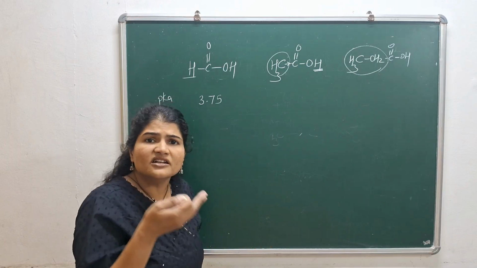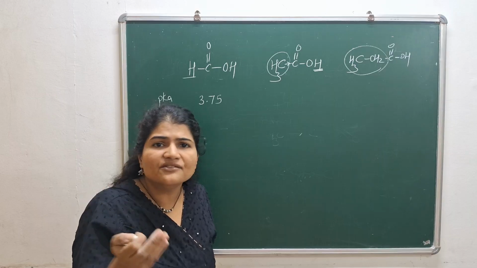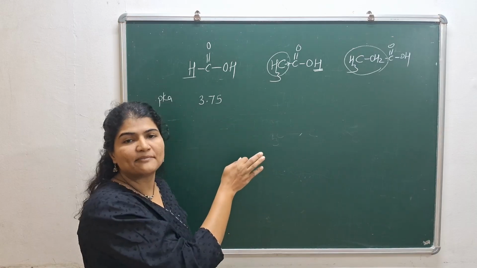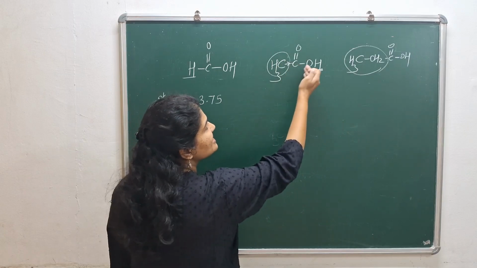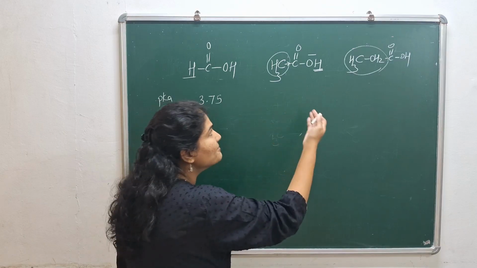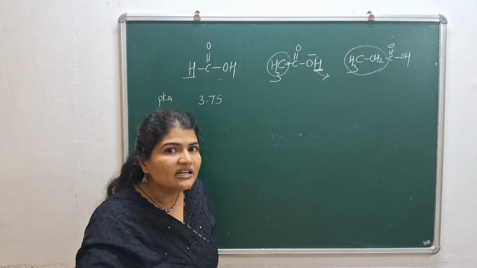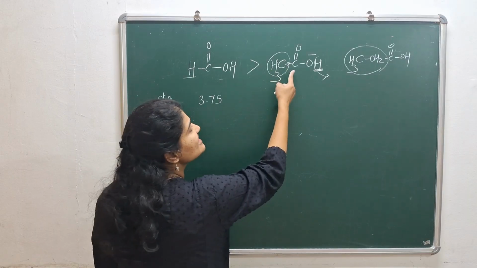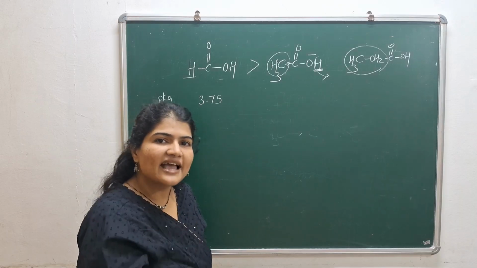But if certain groups are going to increase the negative charge on the carboxylate ion, then the ion will be destabilized and the acidity is going to decrease. So exactly that is happening here. This methyl group actually pushes its electrons towards the carboxylate part, making the negative charge more, and it makes the release of proton difficult. And release of proton is difficult means the acid strength is going to drop, and that is the reason acetic acid is less acidic or less strong than your formic acid, and this can be confirmed